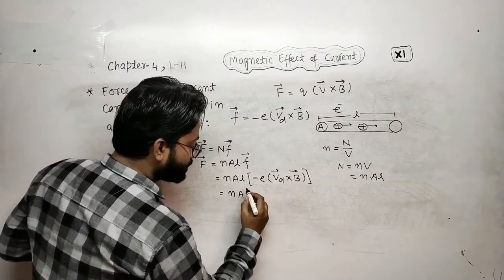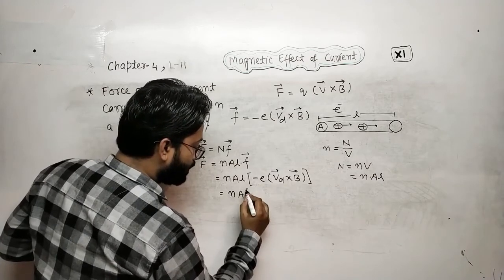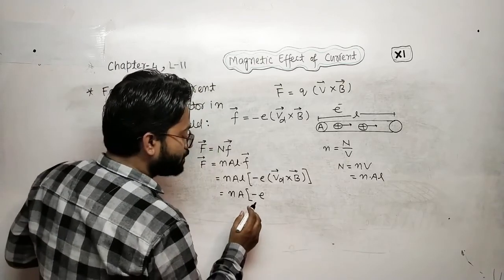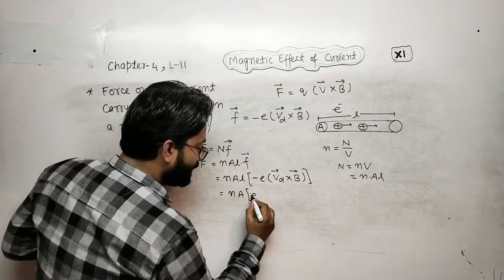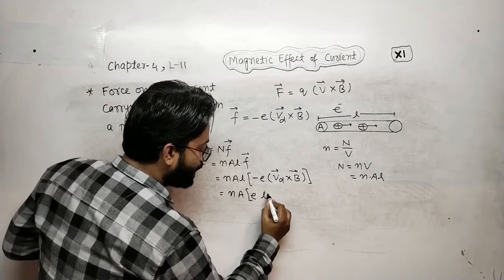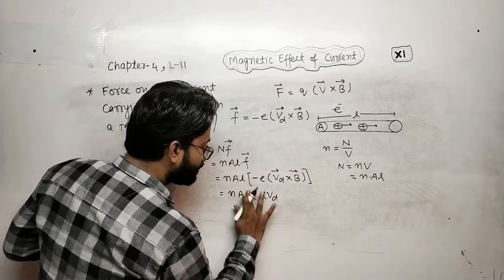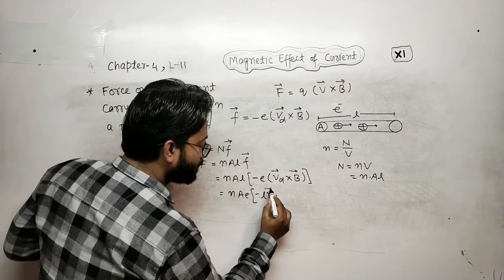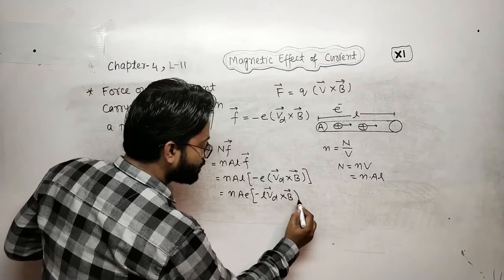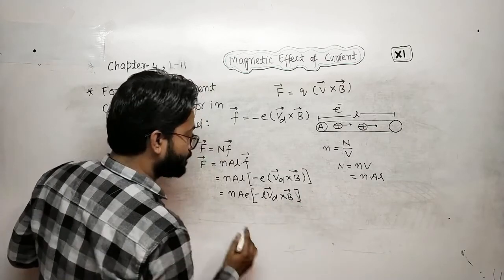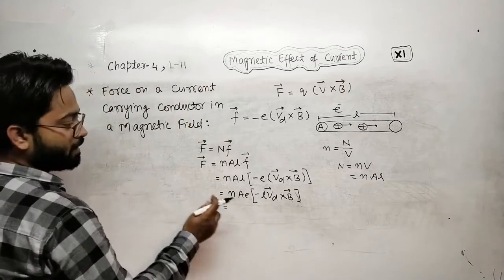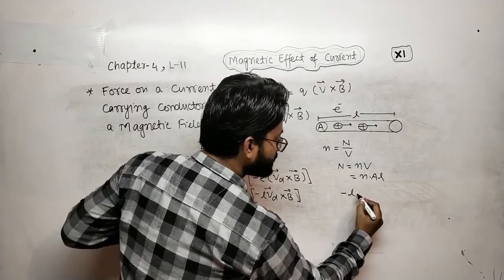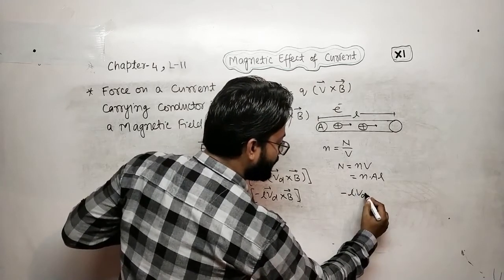If you replace like that, we get minus E, or simply E, L V D, minus V D cross B. In place of minus L V D,